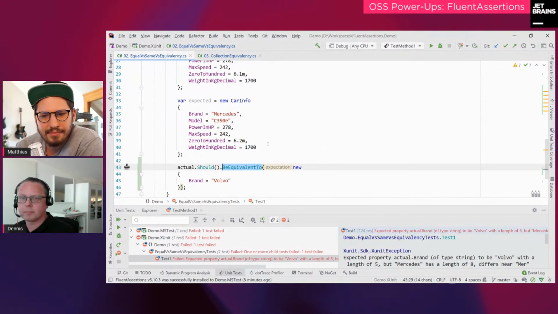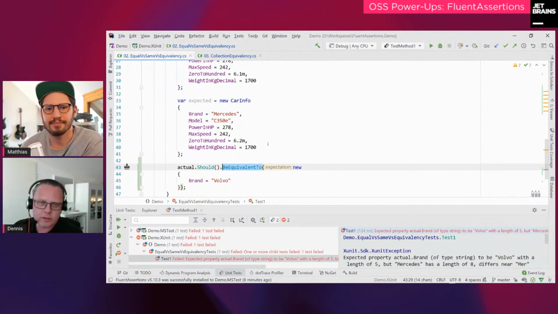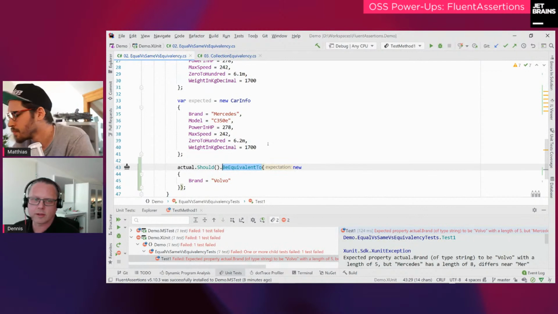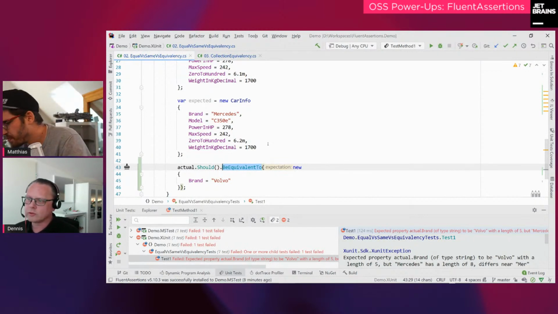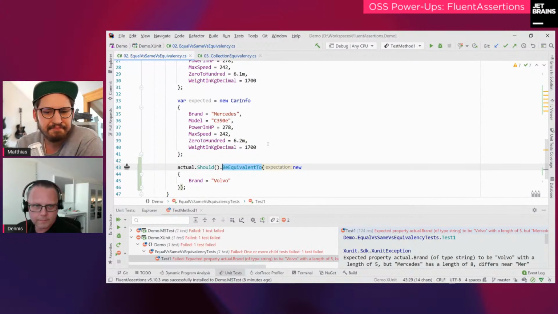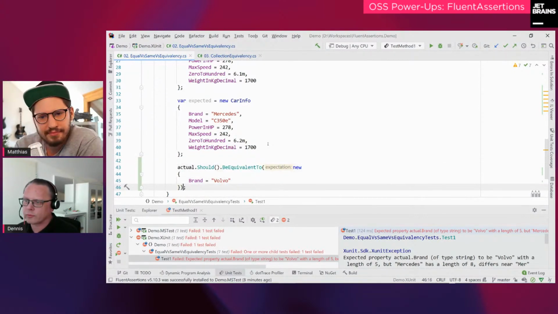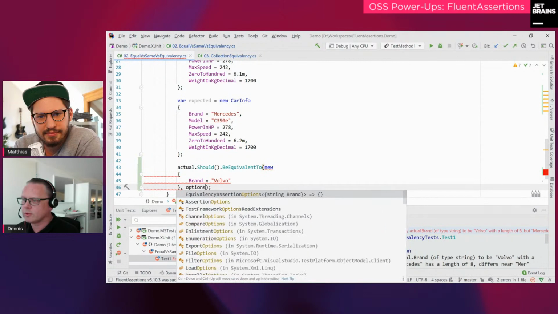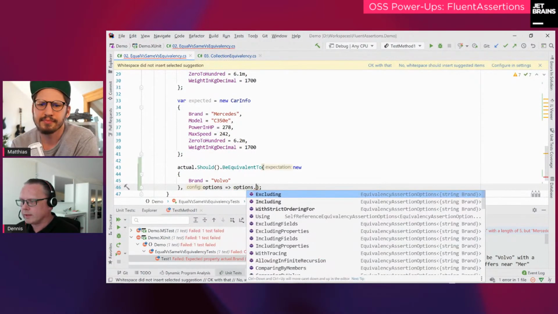Like a C# object that points to other objects. And of course, since a lot of things are reference types, it can point to itself. So this method is smart enough to detect cyclic references. You can also choose, there are several options which you can add to the line here, where you can say like